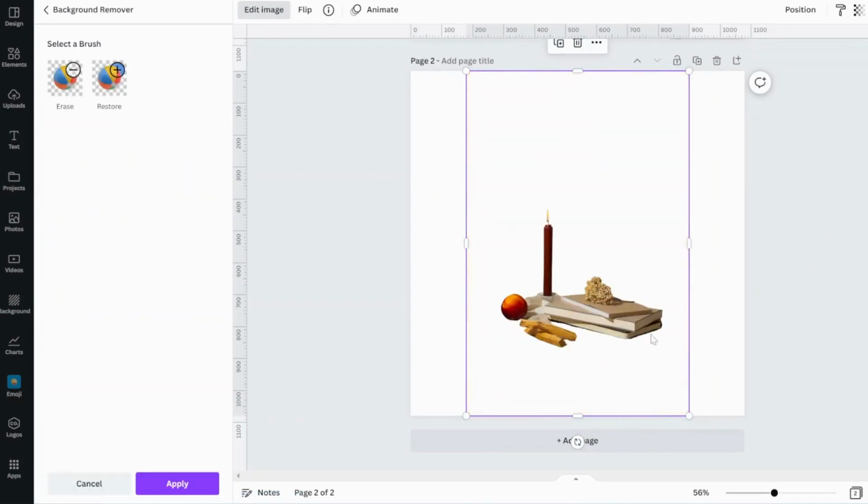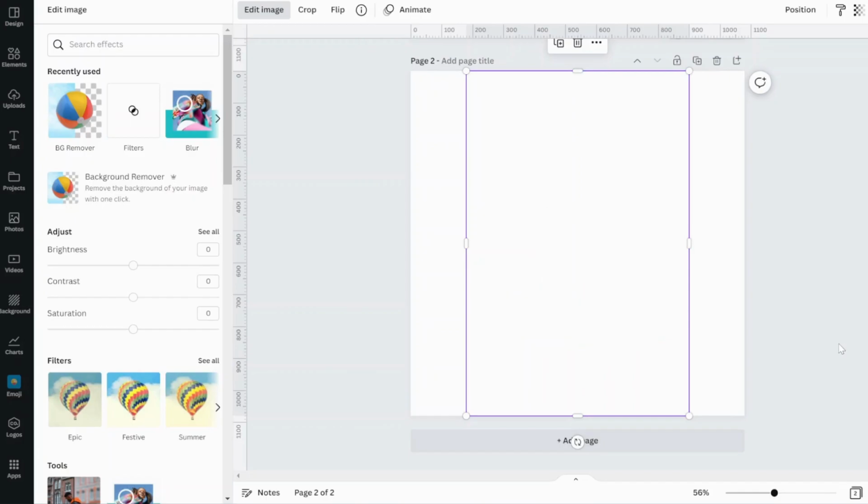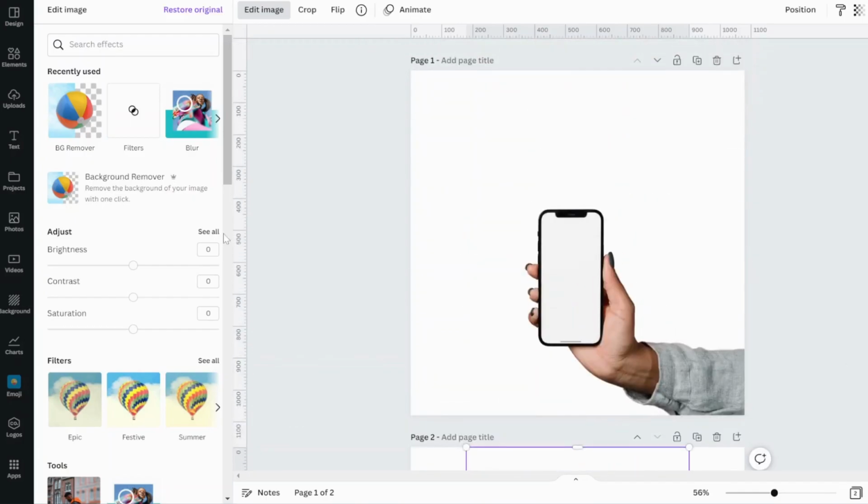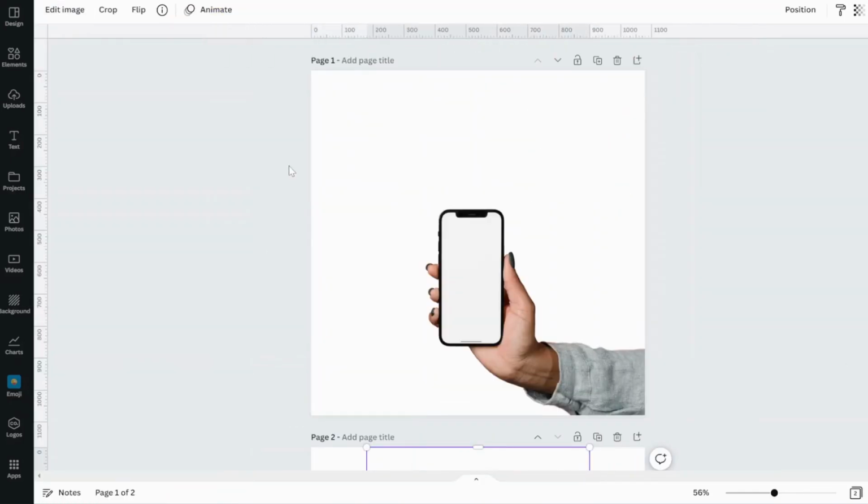Amazing. You can see there that it's easily separated the foreground with the background, and now I just have those images to play with. And click Apply like that. Excellent. So that's it, everyone. That's all you need to do to remove the background on your photos within